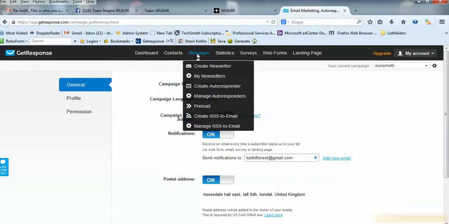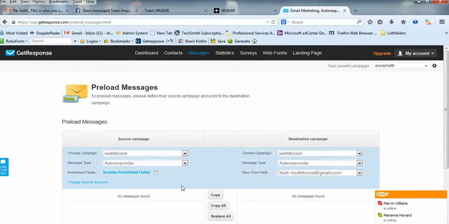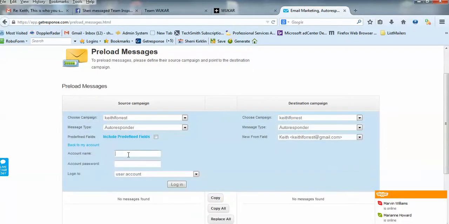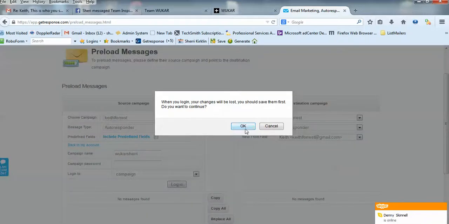Then we're going to go to Messages, Preload. This is the only tricky part. We're going to choose this link that says Change Source Account right here, and I'm going to type in the name of my campaign. And on this login to change this to campaign. So it says this is my campaign, and it says campaign right here, and then click login and click OK on this message,